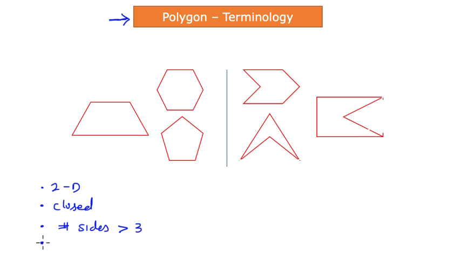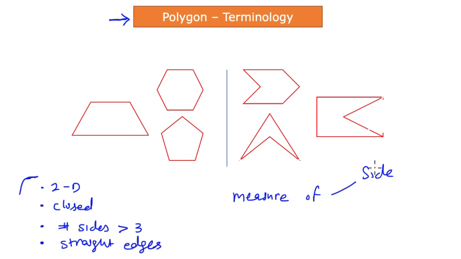And then the key point is that all of those sides should be straight edges. So whenever you see these 4 points satisfying any geometrical shape, then we say that that shape can be called a polygon. Keeping in mind the 4 key points that we have listed here, the way to tell the difference from one polygon to another is by the measure of the side and by the measure of the included angle, or you can say the interior angle, okay?